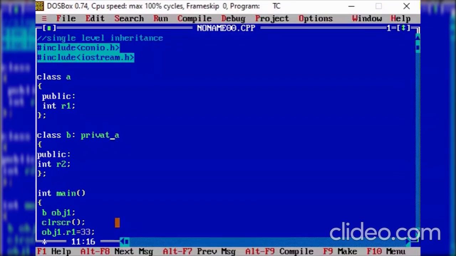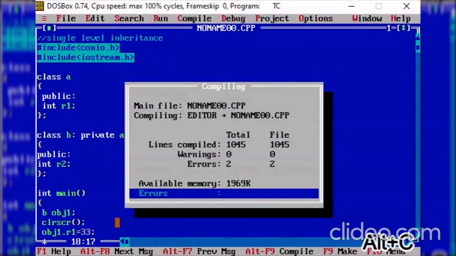Obviously, once we change it to private, all the members of class A will be privately accessed by class B. If it is privately accessing them, it will not have the control to access r1, although we created the object of class B. So this time we will get an error, at the access point.